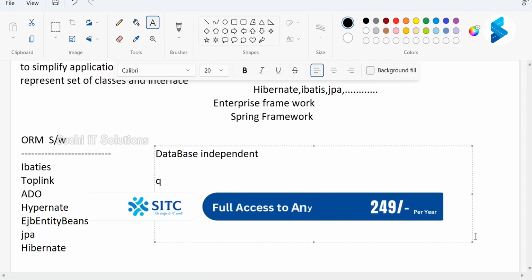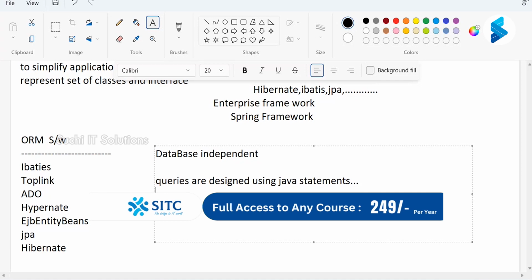I'll show you practically. Queries are designed using Java statements.